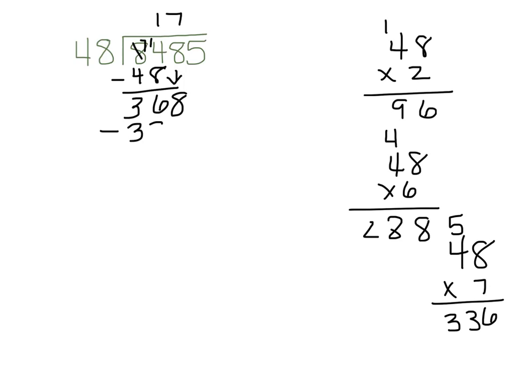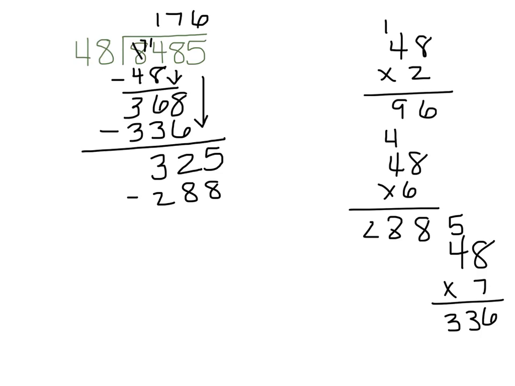And 336. 8 minus 6 is 2. 6 minus 3 is 3. Now, I need to bring down this 5. 325, well, I can look at this and see that 325, I can still not use 336, that's too big, but I can still use this 6 here. So put the 6 there, and that's